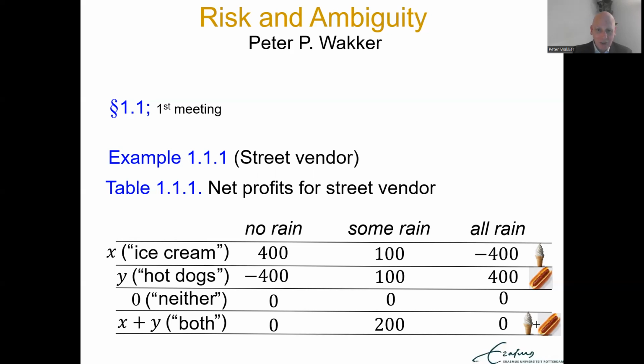Some further notation. Event S1 is the event of no rain. The event of some rain I denote S2. The event of all rain I denote S3. Now this letter S is abbreviating state of nature. That's a bit of a weird term, but it's the term that people use in the literature, so we do it also, state of nature. But often I would just say event. These are events, they may happen, you're not sure if they happen, you're uncertain about it. But formally we denote them S1, S2, S3.